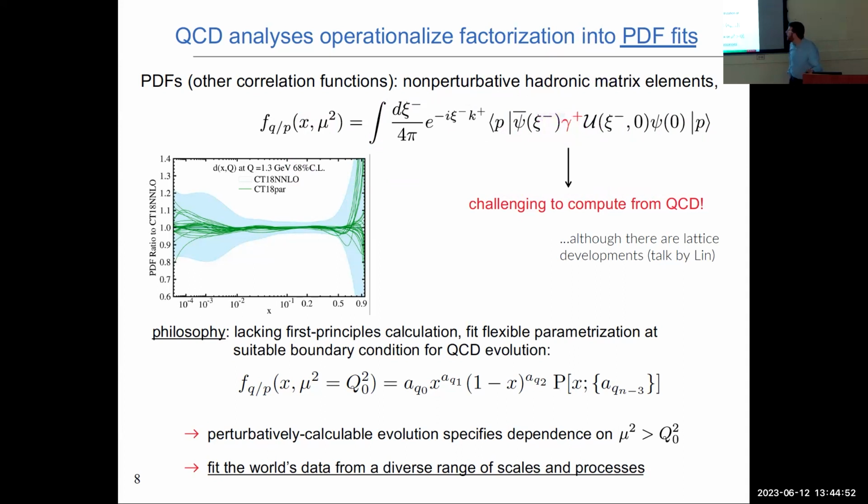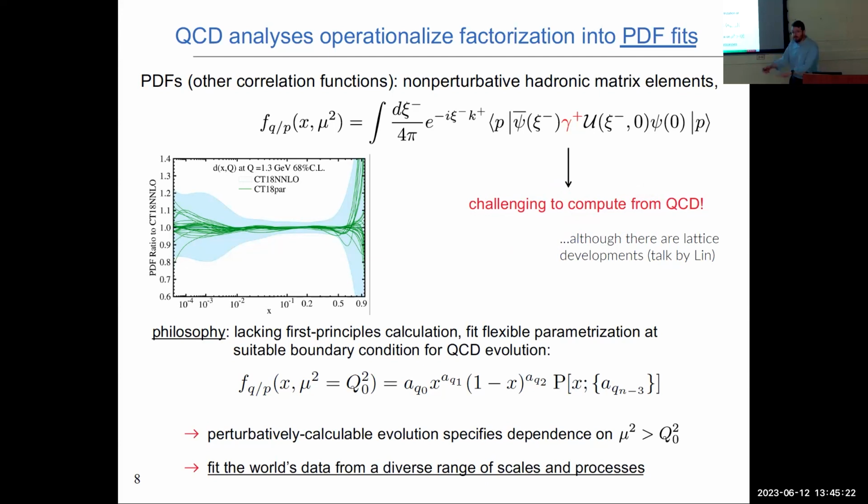What's tricky about this is the fact that, despite the comments by my colleague Wei Wen that you heard about last week, it remains extremely non-trivial, depending on how you wish to think about it, to practically impossible at the current time to really compute these types of matrix elements from first principles in QCD. We're having developments that are going in the right direction to make that more and more of a possibility.